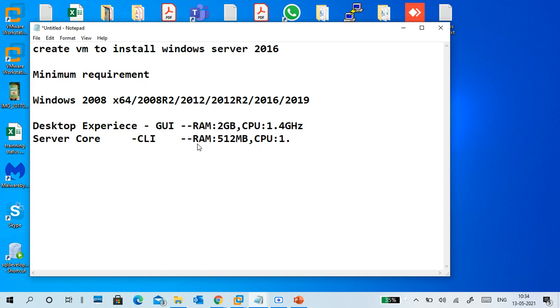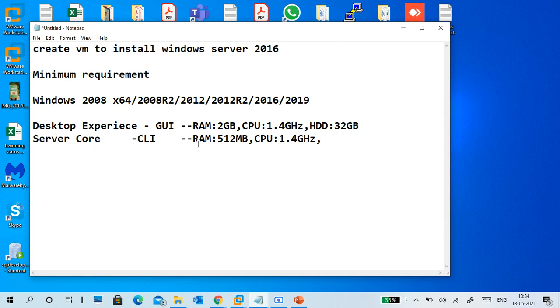When you are installing an application, a single core is enough, so you don't require multi-core. A single core processor is enough. Okay, hard disk requires a minimum of 20 GB. 20 GB is minimum, but going for 32 is a better option. If you increase the RAM, that is also better.